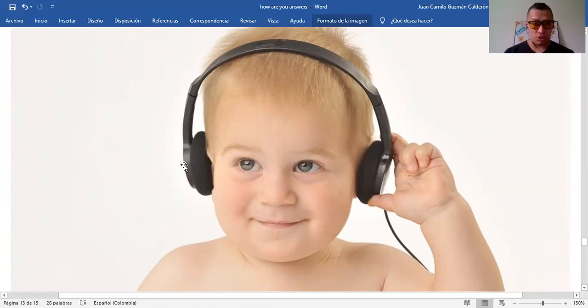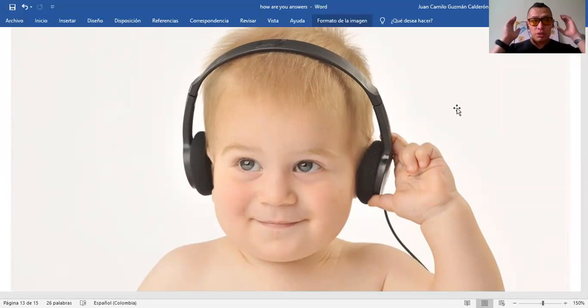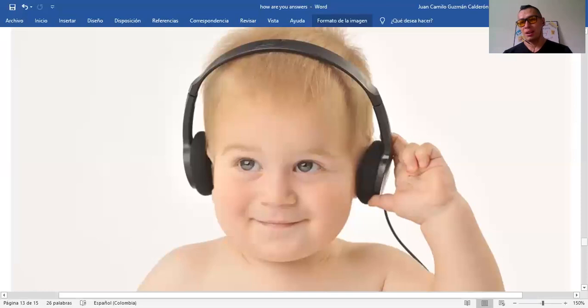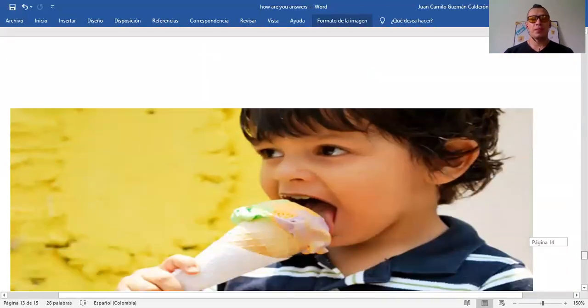He's using this set of headphones so he can listen to the music. Hearing. He's using his two ears, one and two, in order to hear, like these ones, but bigger. Okay, now here,